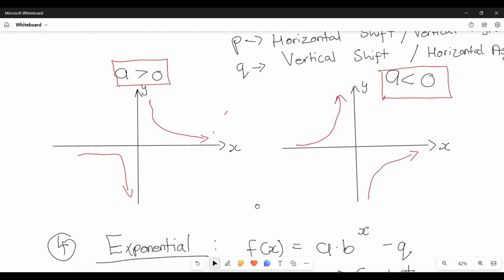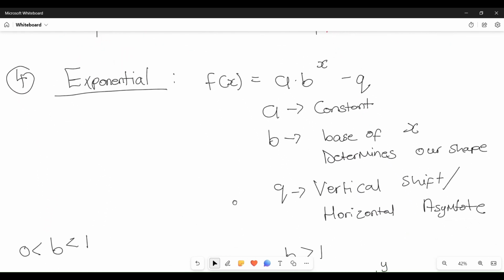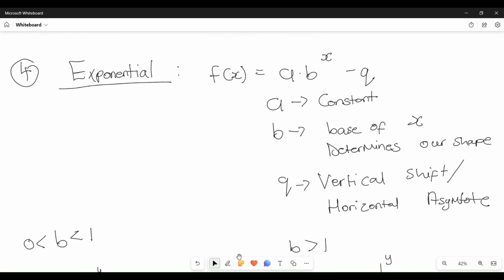Now moving on to another one, which is the exponential function. We can represent the exponential function in the form f of x equals a multiplied by b to the power of x minus q. So what does a represent here? Now a represents a constant, whereby b represents a